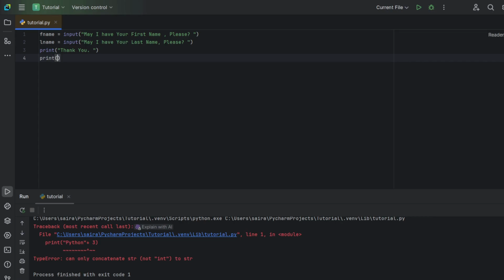Go on to the next line and print quotes "Your name is" space plus fname plus, and since the addition or concatenator symbol does not leave spaces between the concatenated strings, once again we have to add our own space, quotes, space, addition or concatenation, lname, and a full stop at the end.